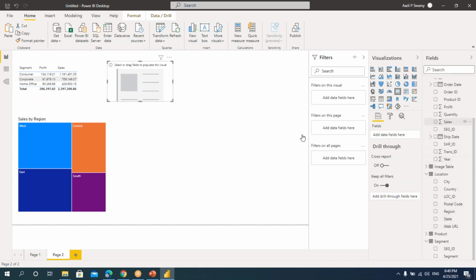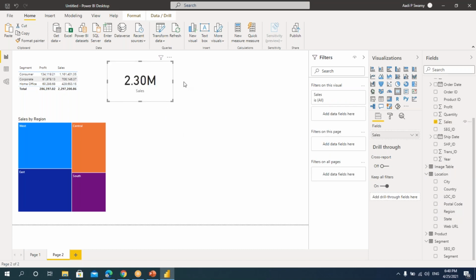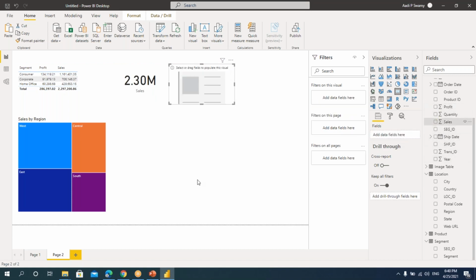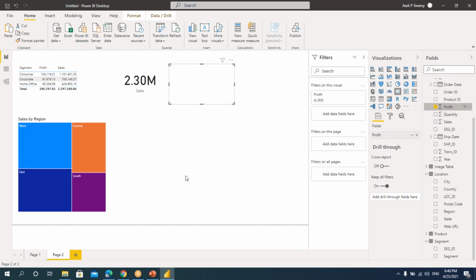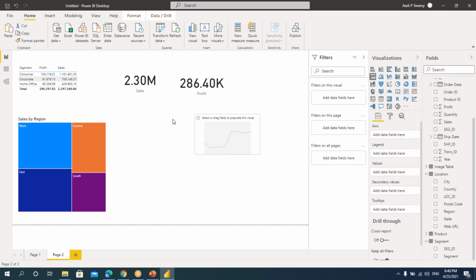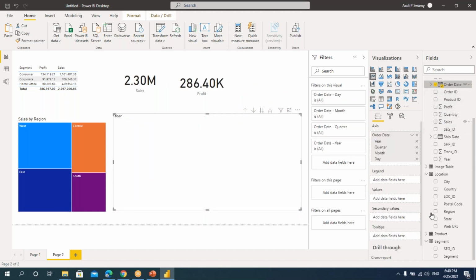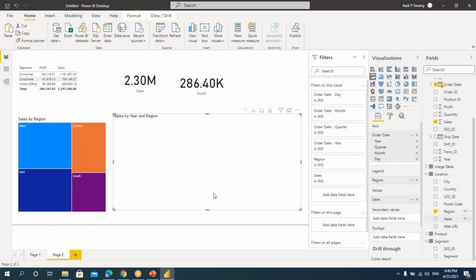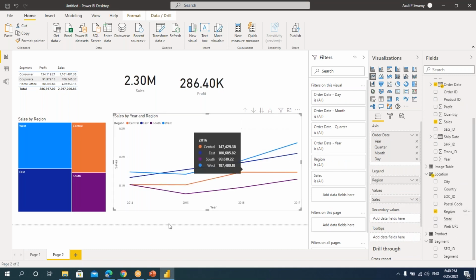Let's take the total sales here, and I'll copy this and I'll paste it. I want it by profit. I'll just select the profit here, and take some line chart. Let's put it here. I'm just taking this randomly. I'm not going into the formatting part. Let's say we'll take this order ID and sales by region. I'm just selecting this. You can see that automatically the charts are getting plotted here.